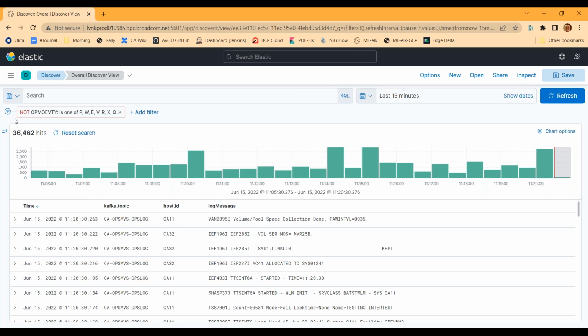And over here at the left part of the histogram, you can see that I've got almost, maybe not 37, but over 36,000 Elasticsearch documents. Whether it's OpsLog records from one of our LPARs, or a log message from a Kubernetes cluster, all of that together is in the last 15 minutes.